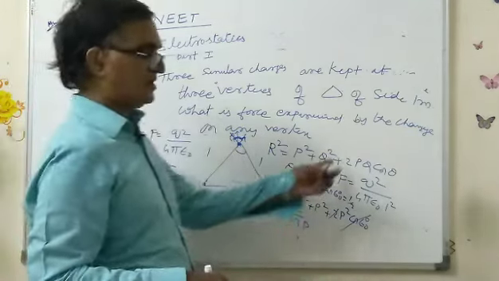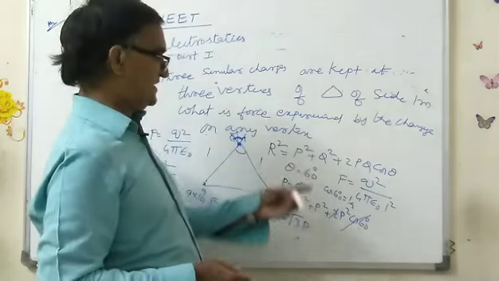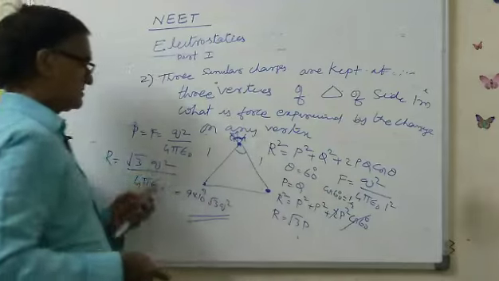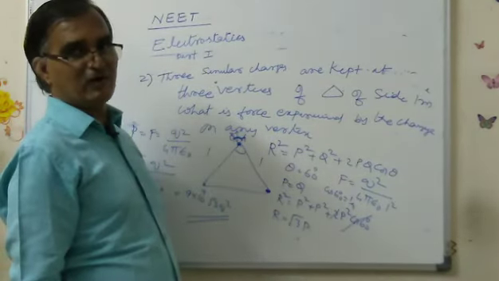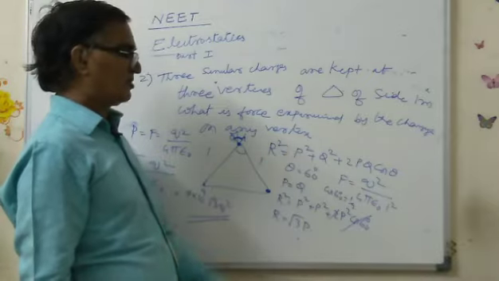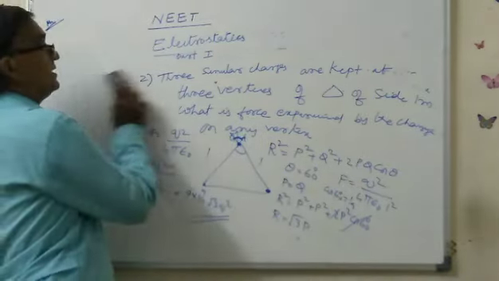This is the vector notation we are using here. Two vectors, inclined at an angle of theta degrees. So we are using 60 degrees. We are using this one method where you find vector notation. Vector form you have to use means I'm using the parallelogram law of vectors for the resultant vector formula. Okay, this is another method.